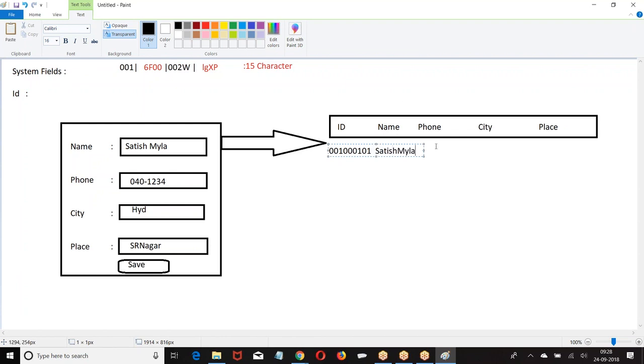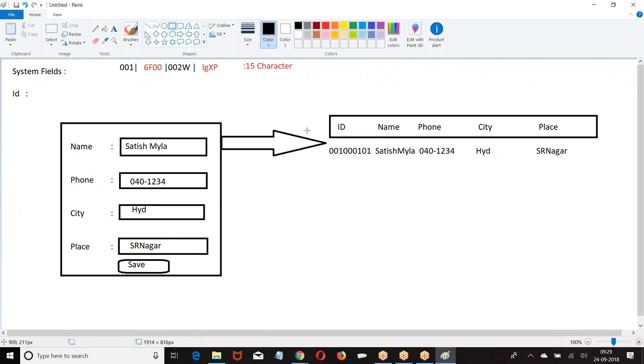Any record that is saved to the database, Salesforce will create a 15 character ID. Based on that ID, we will recognize the record. In the complete Salesforce database, how will somebody identify your record?